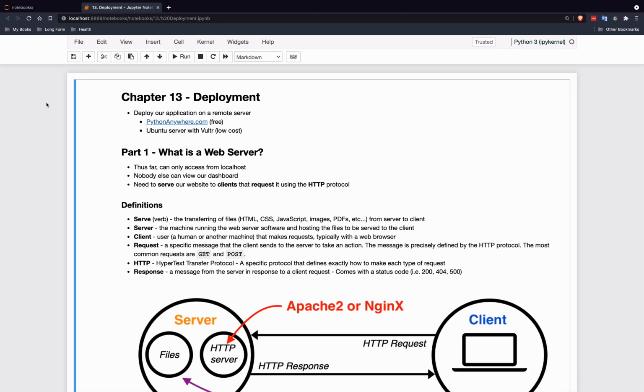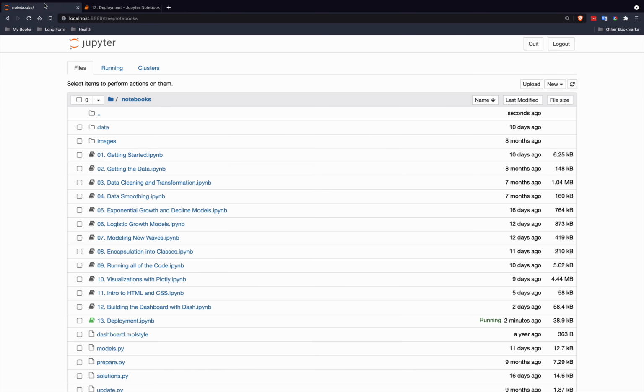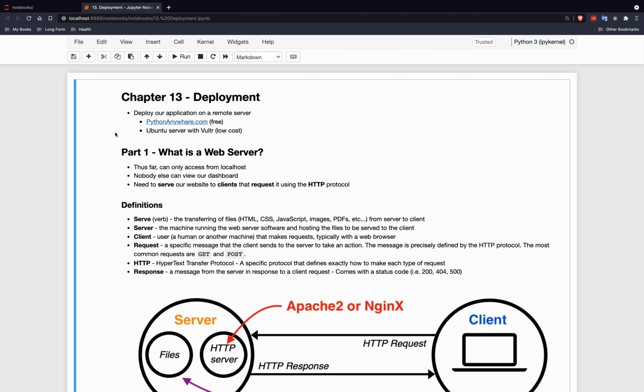Welcome to Chapter 13, Deployment. We've just begun a new part of the course and opened up notebook number 13. In this chapter, we're going to learn how to deploy our application on a remote server. So I think this is a really exciting part of the course. We've completed our application, we can run it locally, and now we're going to deploy it on this remote server